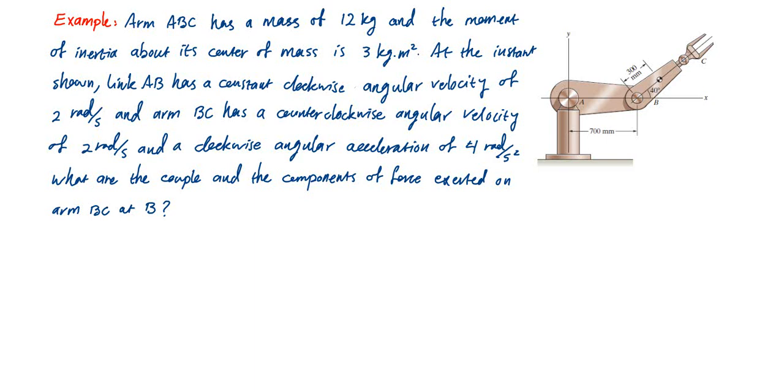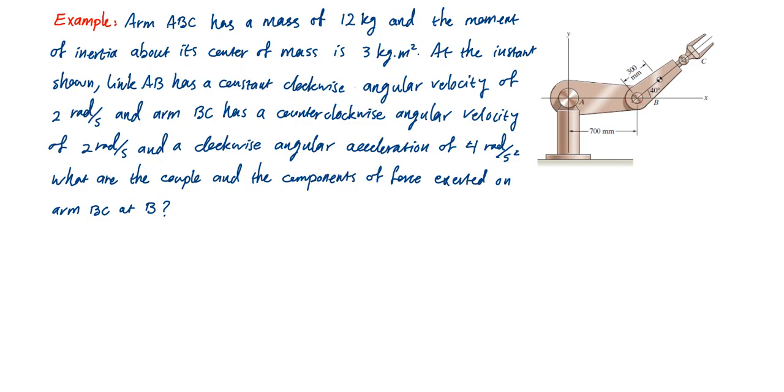Okay, we have this robot arm ABC, and this arm has a mass of 12 kilograms, and the moment of inertia about its center of mass is 3 kilograms. The center of mass is here, and at the instance shown, length AB has a constant clockwise angular velocity of